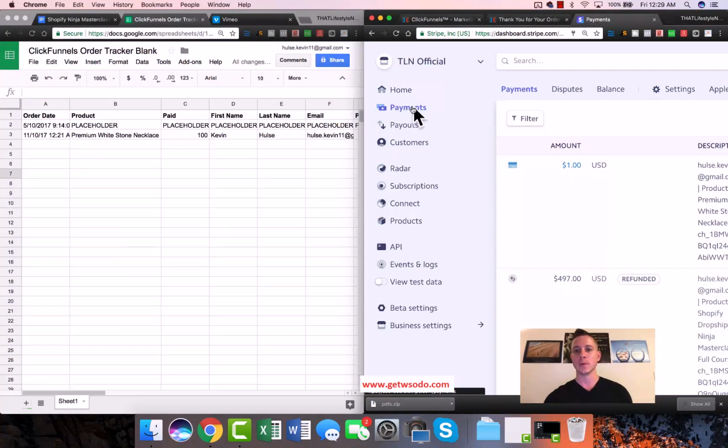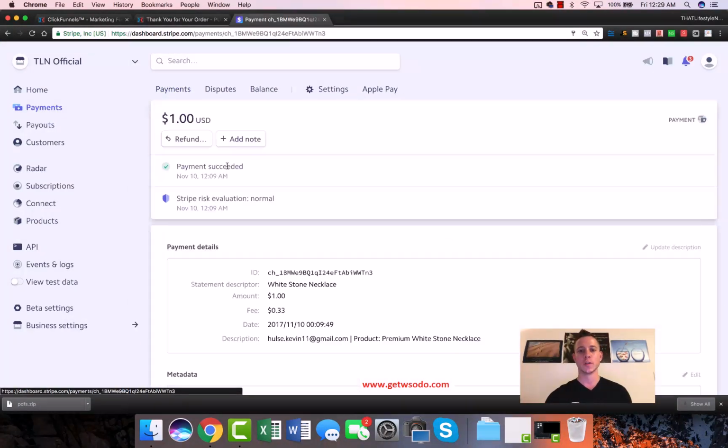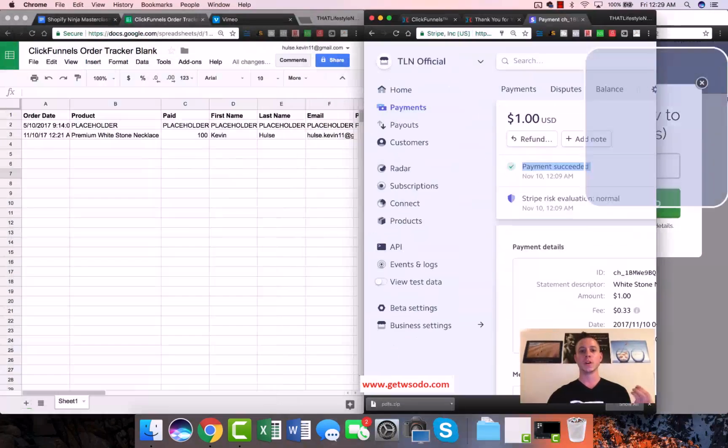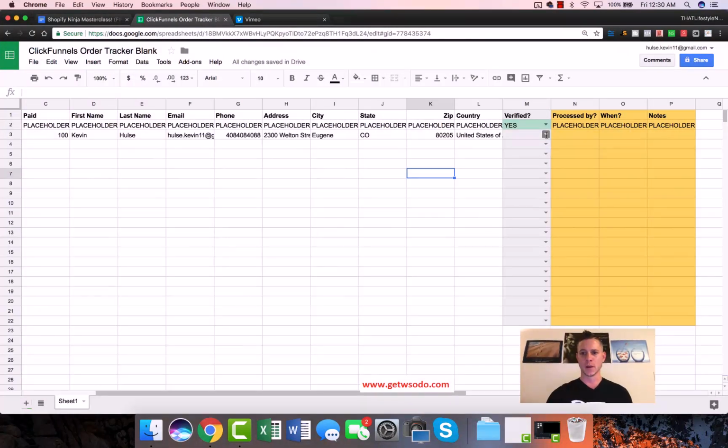So if we're in Stripe and we go to payments here, we see that this $1 payment was processed for the order that I did, and we see payment succeeded. So it was a valid credit card, the payment succeeded, and it was legit. And so what we're going to do here is we're going to have our VA, or we're going to do it ourselves, and we're going to come in, and we're going to go verified yes,